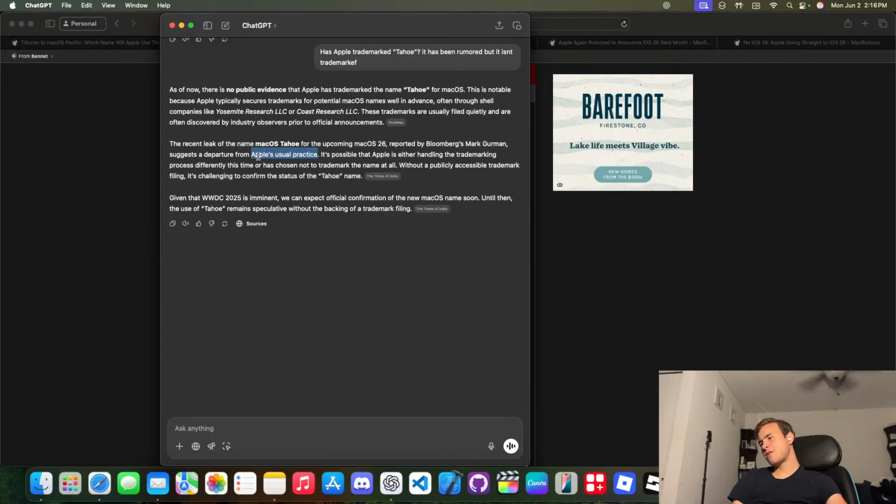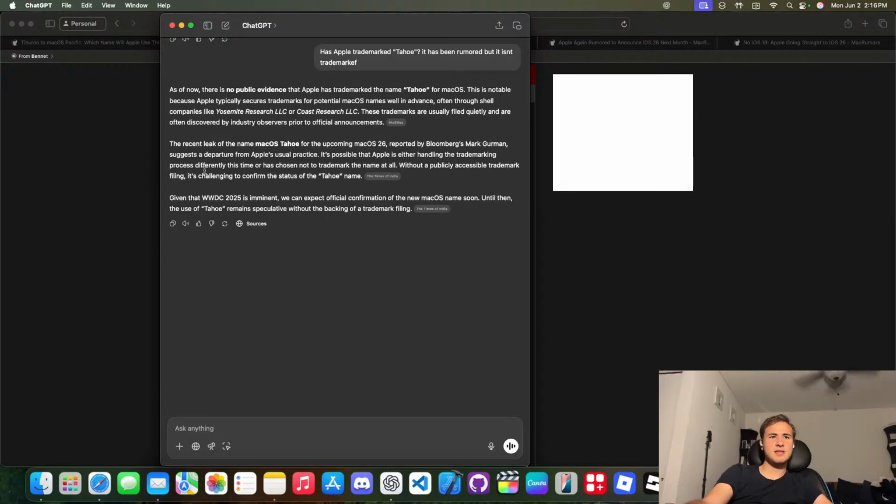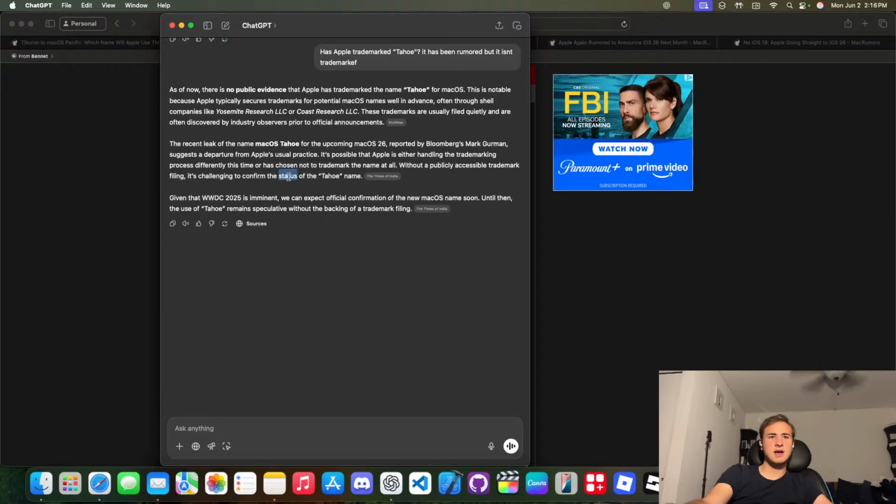So yeah, it's kind of weird. Even ChatGPT thinks something is suspicious about this. It's possible that Apple is handling the trademarking process differently this time, or has chosen not to trademark the name at all. With no publicly accessible trademark filing, it's challenging to confirm the status of the Tahoe name. Given that WWDC 25 is imminent, we can expect official confirmation of the new macOS name soon. Until then, the use of Tahoe remains speculative without the backing of a trademark filing.